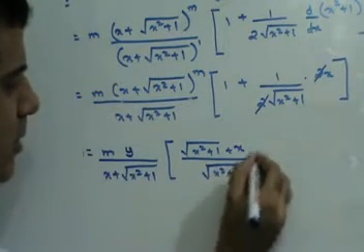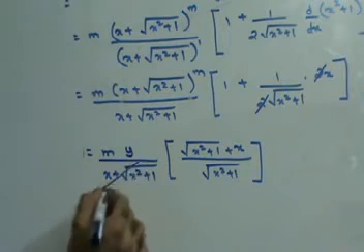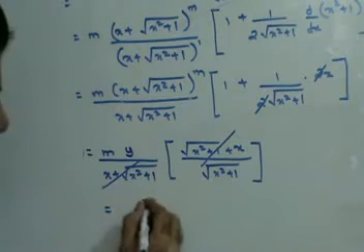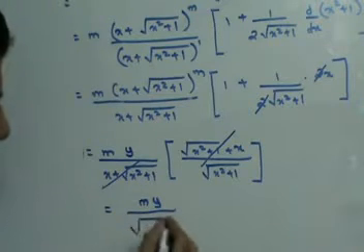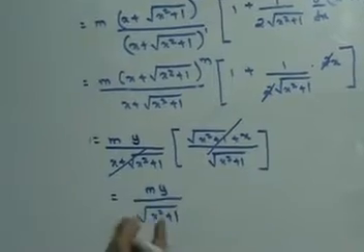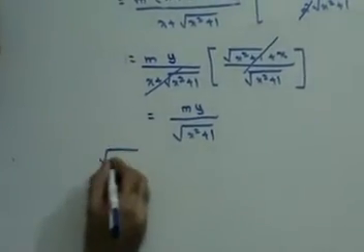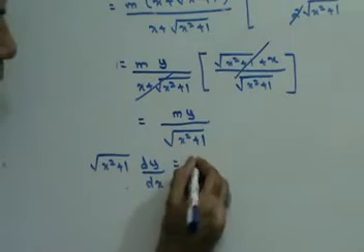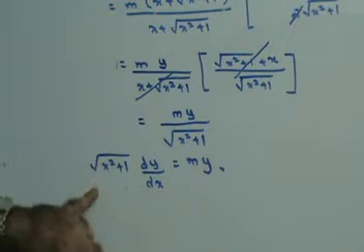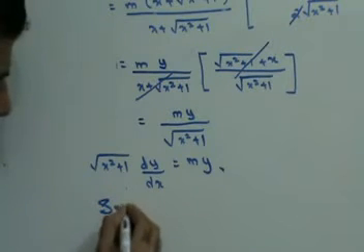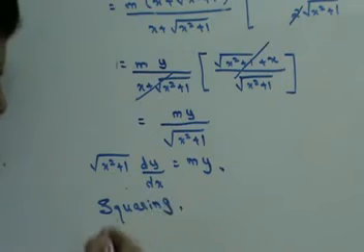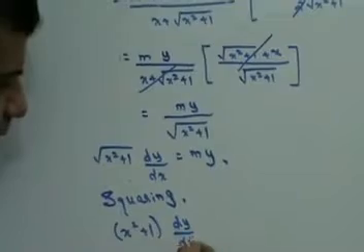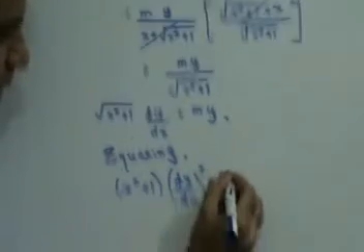Square root of x square plus 1, my upon square root of x square plus 1, cross multiply. So you will get square root of x square plus 1 dy by dx is equal to my. To get rid of the square root sign, square both sides. If I square both sides, I'll get (x square plus 1) (dy by dx) the whole square is m square